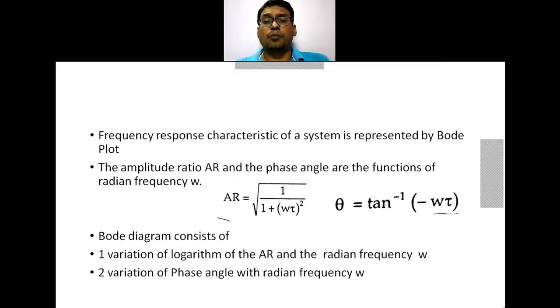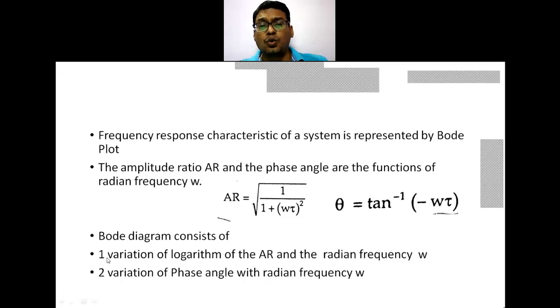Now actually how to plot a Bode diagram. This is the initial part where we are calculating the amplitude ratio and the phase angle. After the calculation of amplitude ratio and phase angle, the Bode plot is obtained. The Bode plot consists of two plots: one is the variation of logarithm of amplitude ratio with the radian frequency, and second, the variation